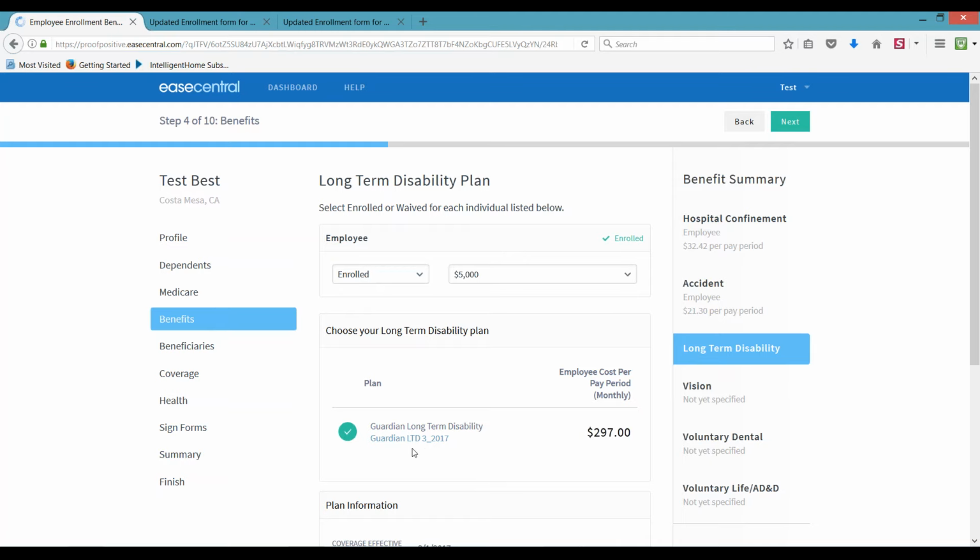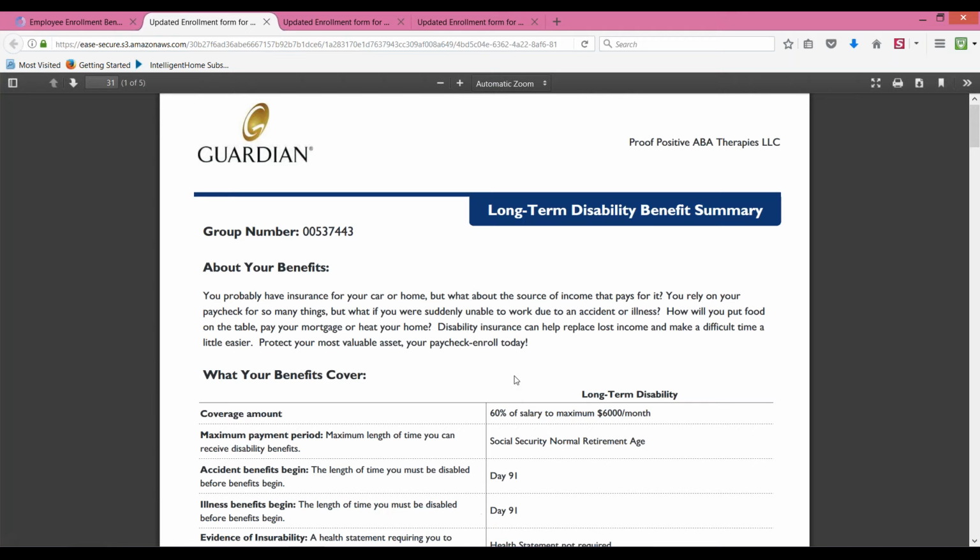So let me show you something here really quick, because this is the only way it's going to make sense for you. Long-term disability is one of those benefits, to be honest with you, that's often overlooked. Unfortunately, a lot of us don't get the opportunity to get disability coverage because we may have worked for smaller companies in the past. So it's key to take a look at this, because we all know that in the state of California, we get short-term disability. But short-term disability only lasts for 1 year. And after that year is up, you're on your own. So if you end up with something that you are going to be stuck with for the rest of your life, that's it. You've got nothing else to protect you.